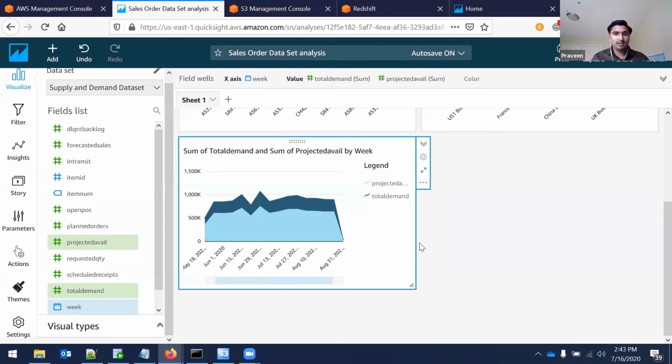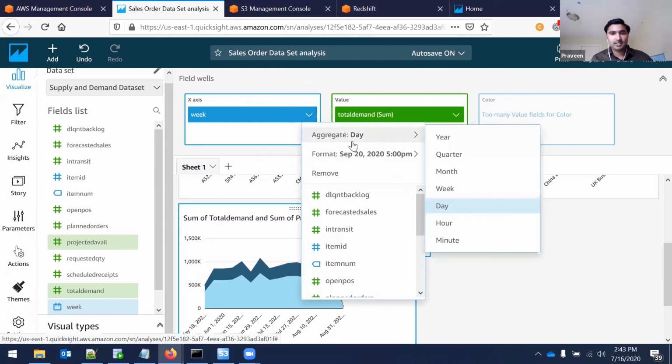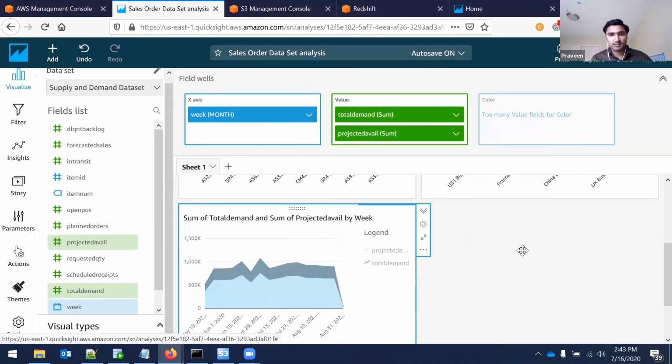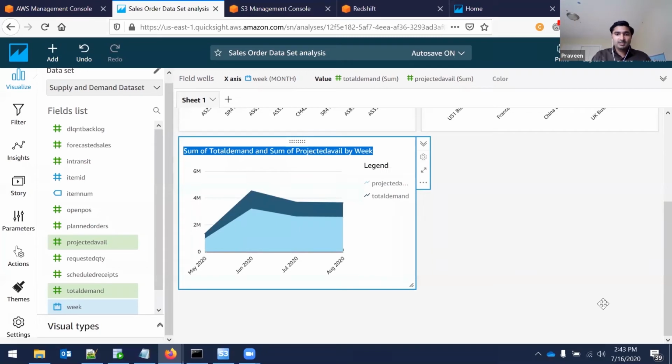Rather than week, let me change it to monthly, because in the above reports I was looking at the entire month, right? So let me look at how it's being projected on a monthly basis. Let me click on the fields well over here, and against the week, I'm going to say aggregate, and I'm going to pick month. As simple as that. Now it is already grouped by month, and you can see that the month is visible. And I'm going to rename this title, saying, okay, demand versus availability by month,